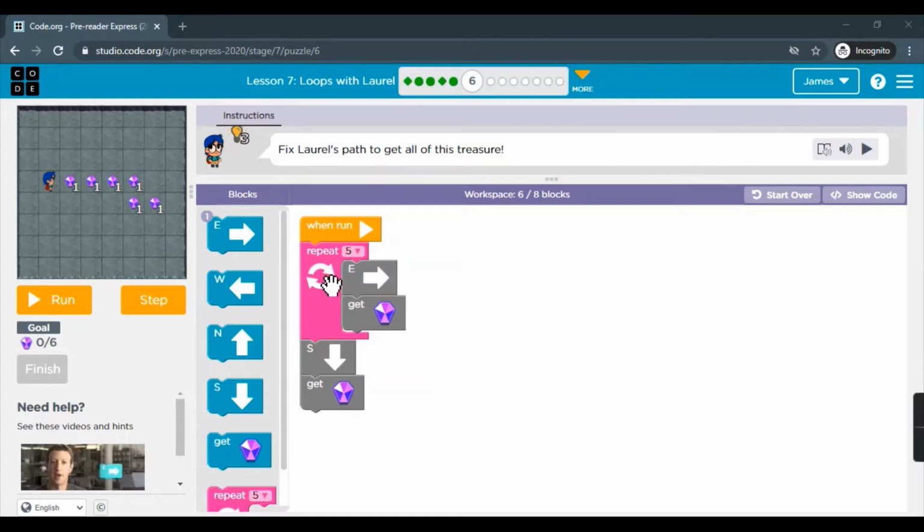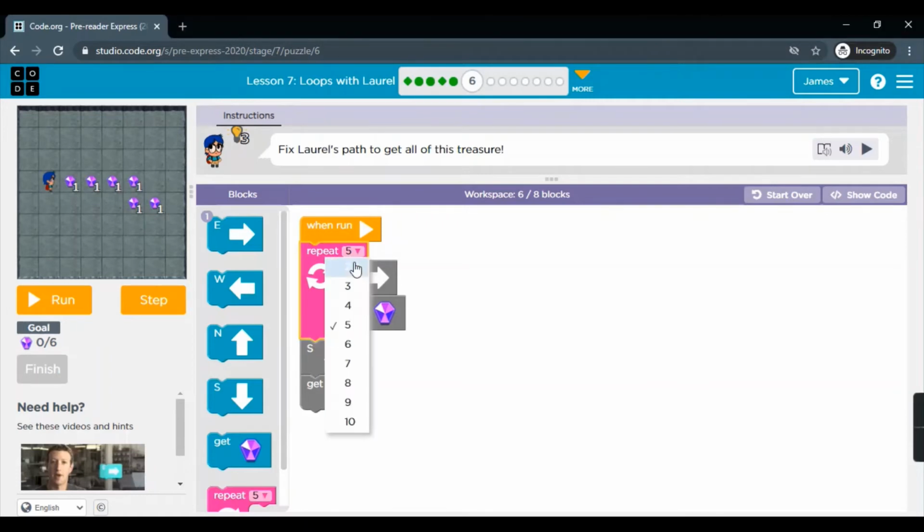Now first what I'll do, I'll read the code and see what the mistake is. So according to me, it should go 1, 2, 3, 4, 4 times east and get the 4 treasures. So here I'll set it to 4.